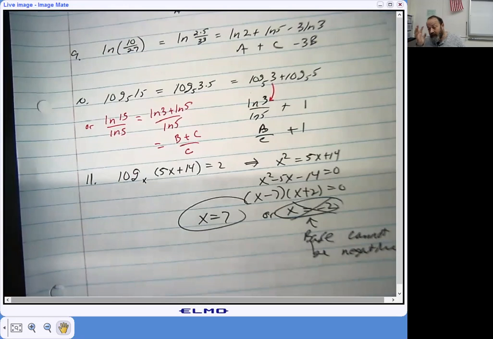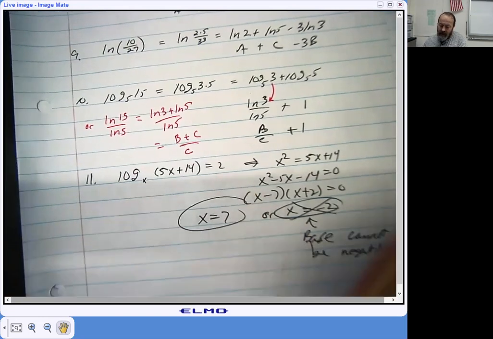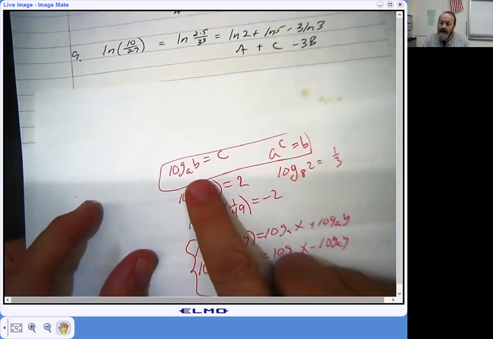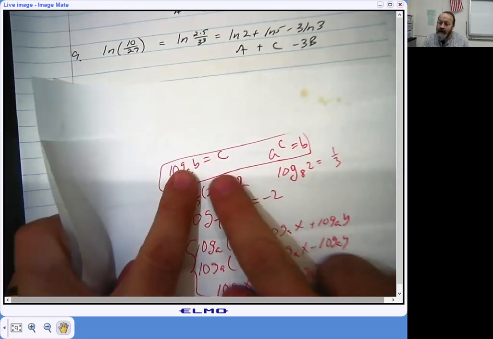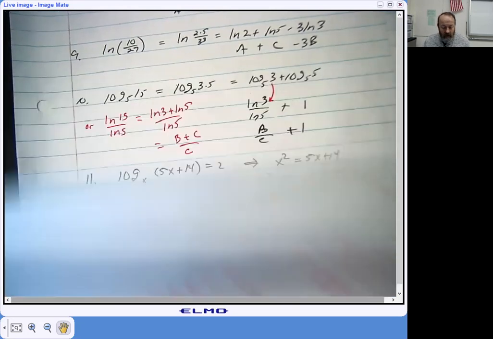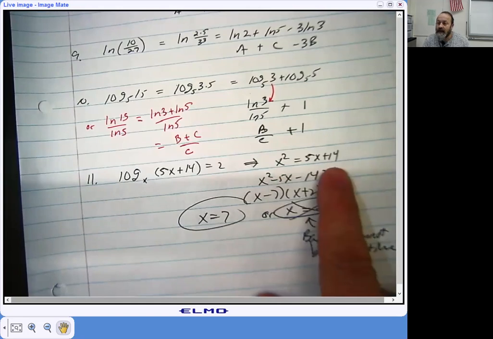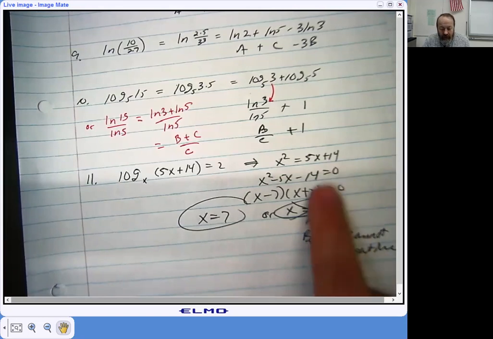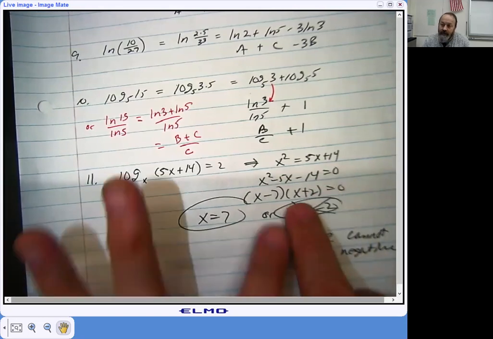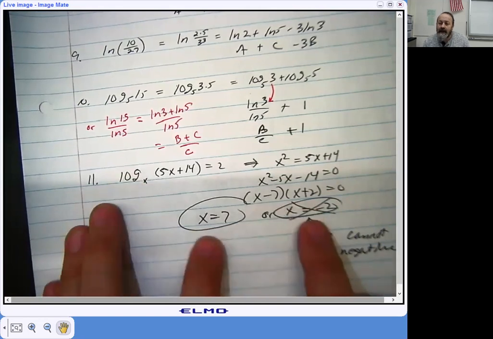So if you have a problem that is a log question, the smart play is to try to get rid of those. So again, applying that definition of logarithm that I wrote down right here, that the log base A of B is C, I can rewrite that as the base to the exponent power. So x is my base, and I raise it to the 2 power is 5x plus 14. That's obviously a rigged little quadratic that's going to be easy to solve. I brought everything across, set it equal to 0 so I could factor it. And that leads me to these two answers of